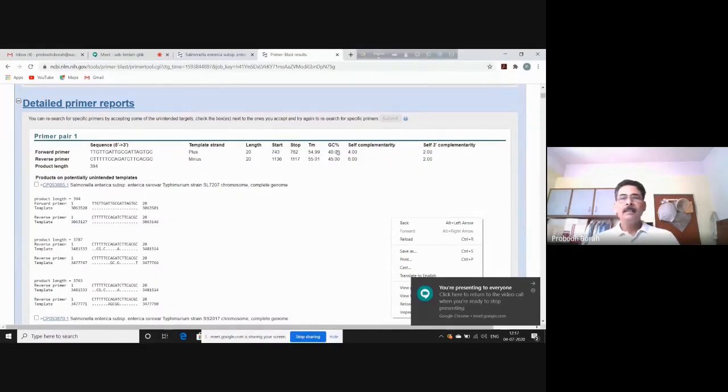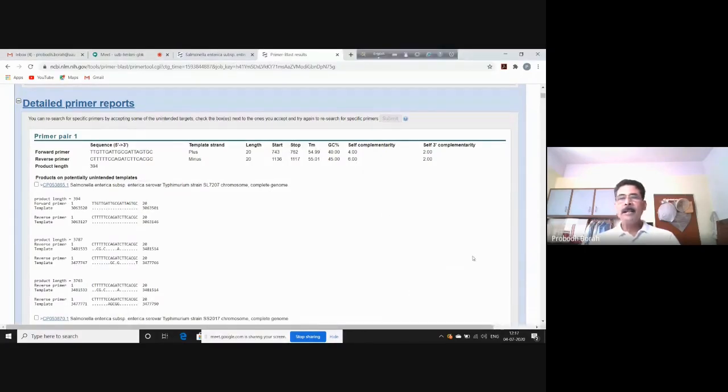GC percentage is also between 40 to 60. Self-complementarity, some complementarity remains here and there. We will test them with some software and evaluate them further.